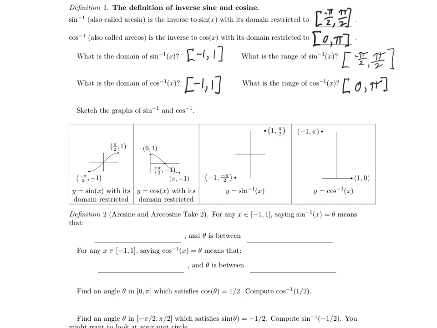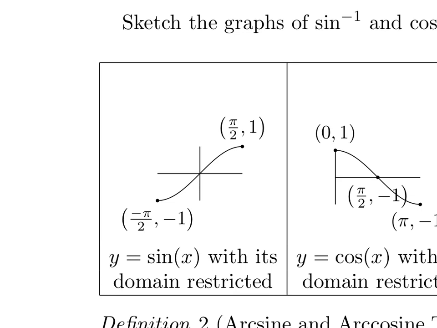Let's think about their graphs. If you want to understand the graph of inverse sine, well, I know how to graph an inverse function if I know what the graph of the original function looks like. So here's the graph of y equals sine of x with its domain restricted to -pi/2 to pi/2. How do you get the graph of the inverse function? Well, you flip all of the x's and y's. You reflect over the line y equals x. So, doing that,